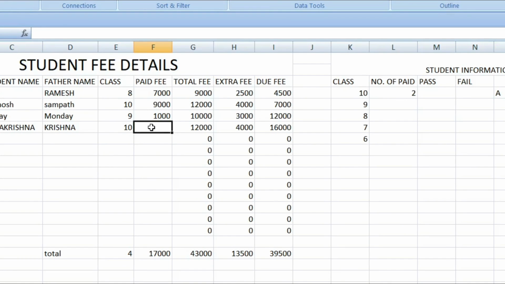So like this it will be counted. If I enter one more 10, it will show 3. If I enter 10 one more time, it will be counted, showing how many people. If I remove this one, then you can see only 2 people have paid.